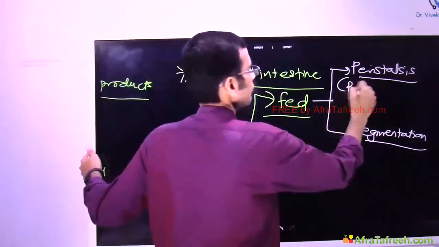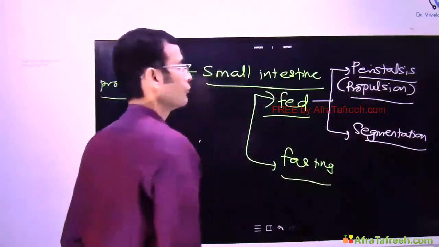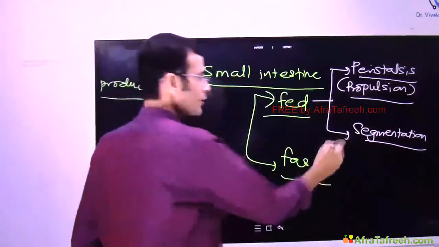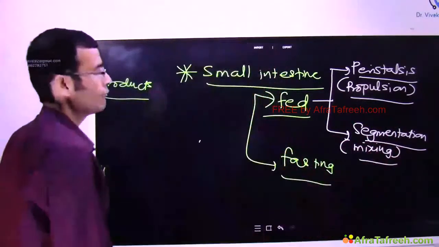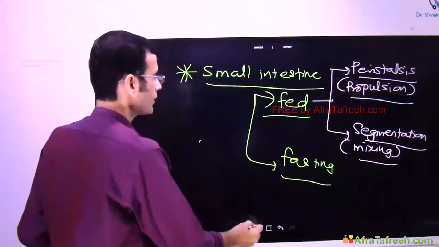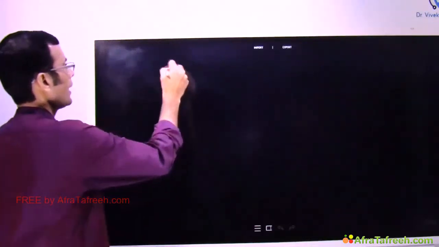Peristalsis is for propulsion of the foodstuffs, and segmentation contractions are for the purpose of mixing. In the fasting state, the motility of the small intestine, first there will be hunger pangs, and then the motility in the fasting state is described as